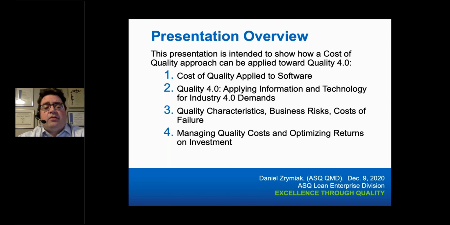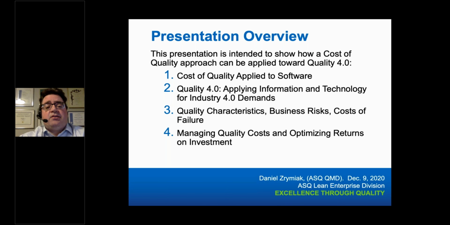So the cost of quality will be more granular when we're determining what quality really means for information and technology solutions. And finally, I'll try to bring it all together to not just manage the quality costs, but do it in a way that's systematic and optimizes the returns on investment, so that when Quality 4.0 initiatives and innovations are approached, there's a better chance of realizing return on investment and not having the time, effort, and resources sidetracked